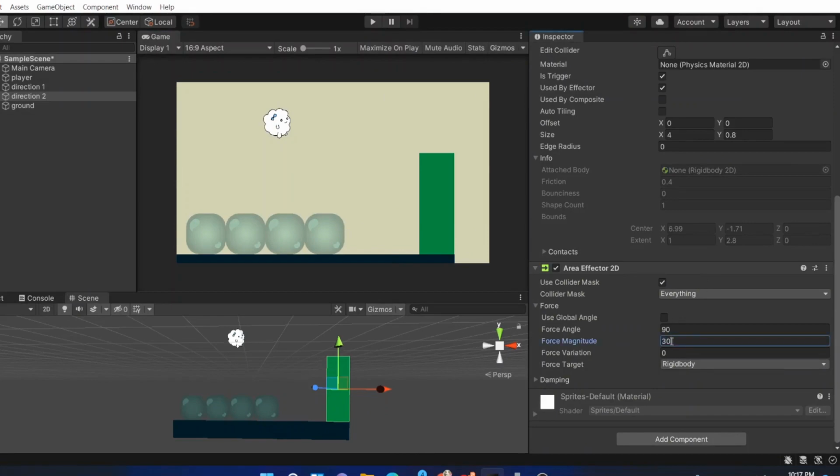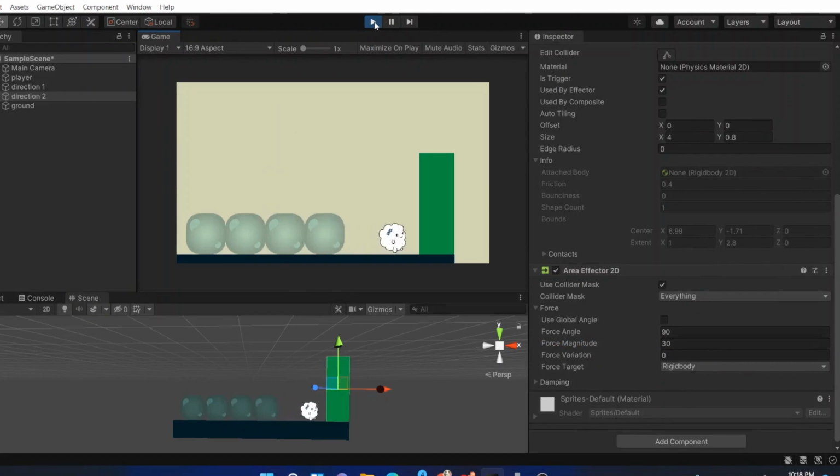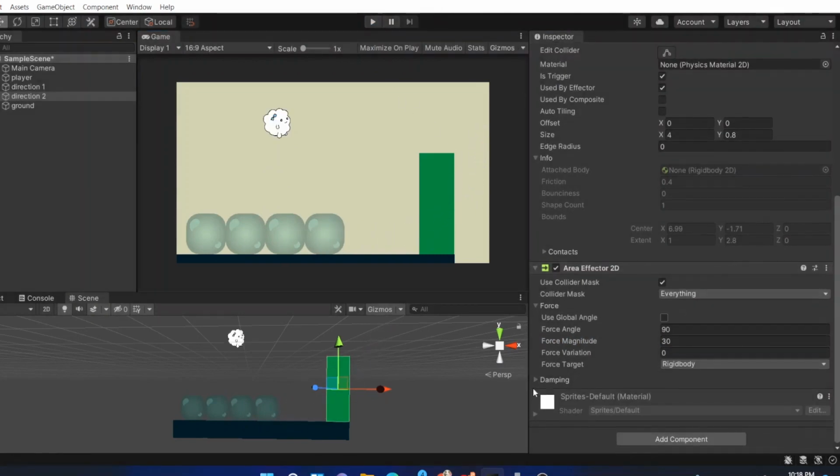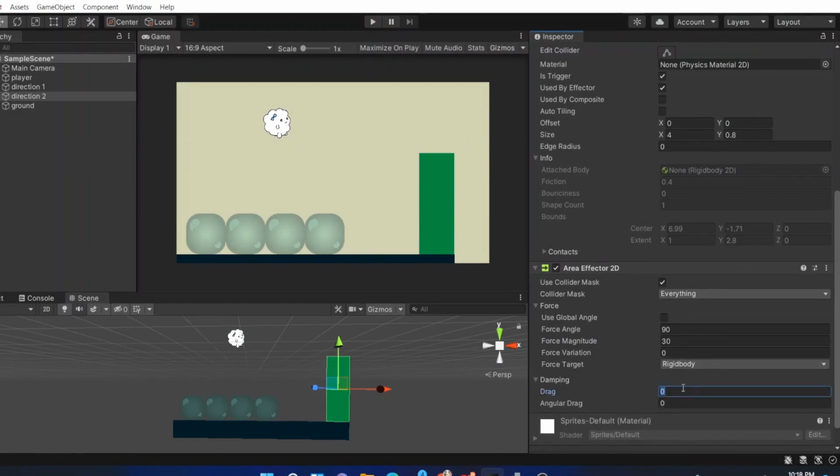To show this, let's add more value in there. Okay, it worked now.